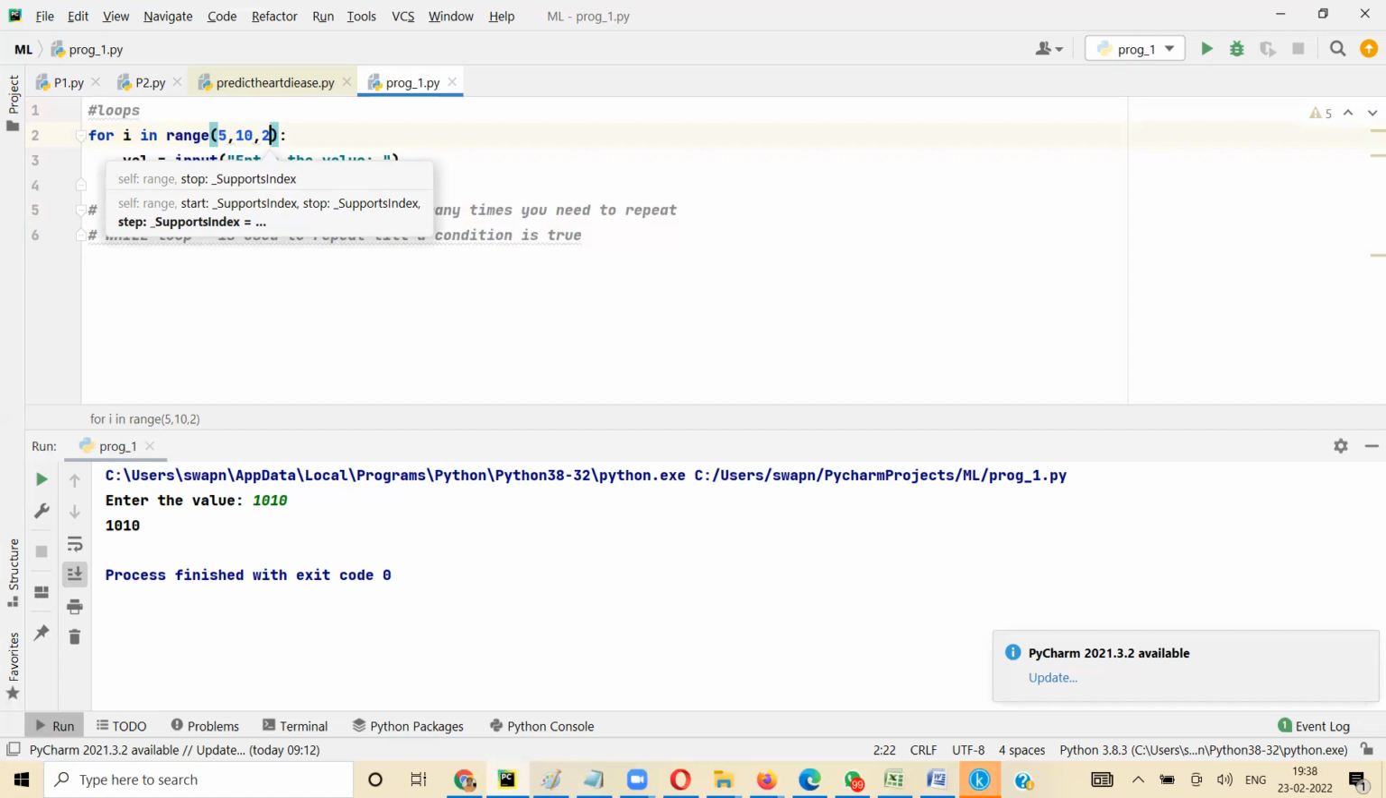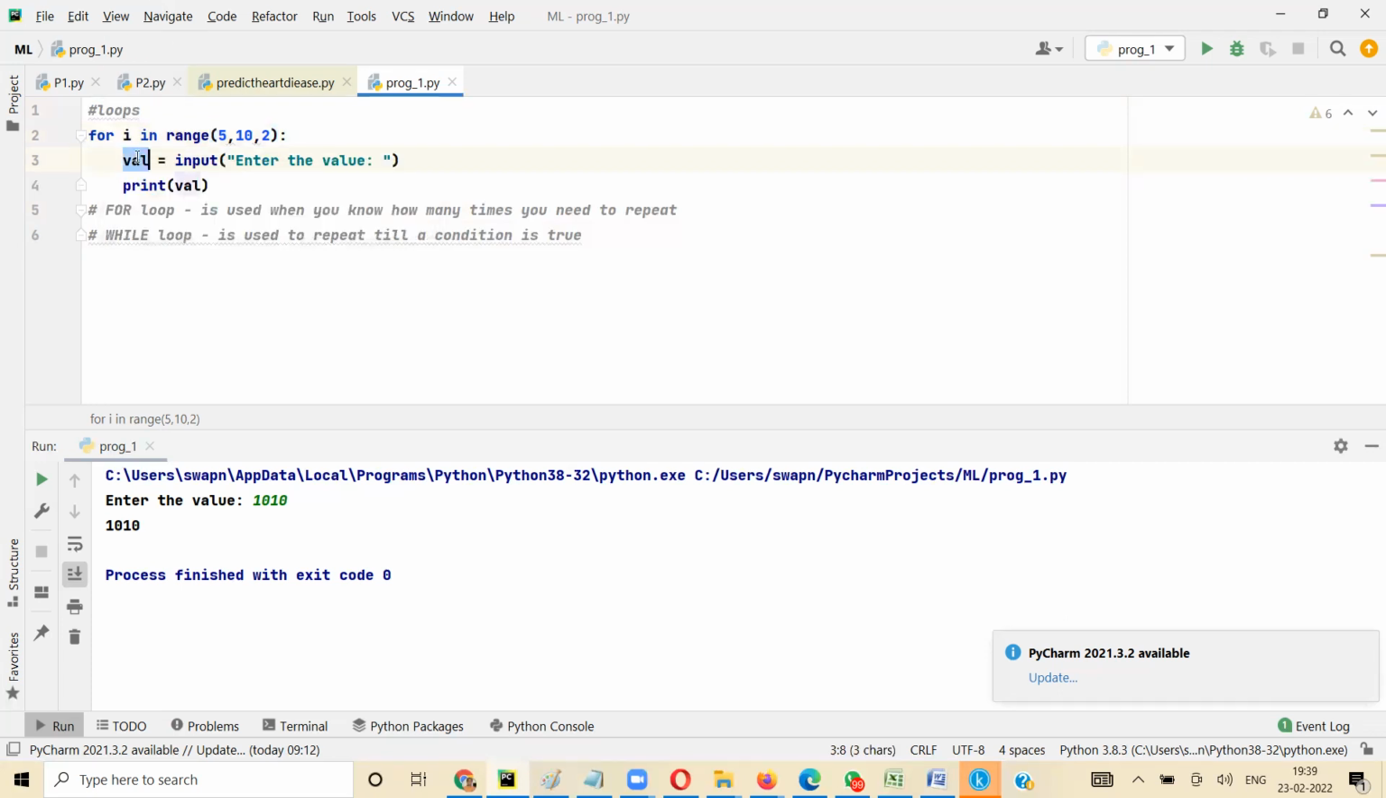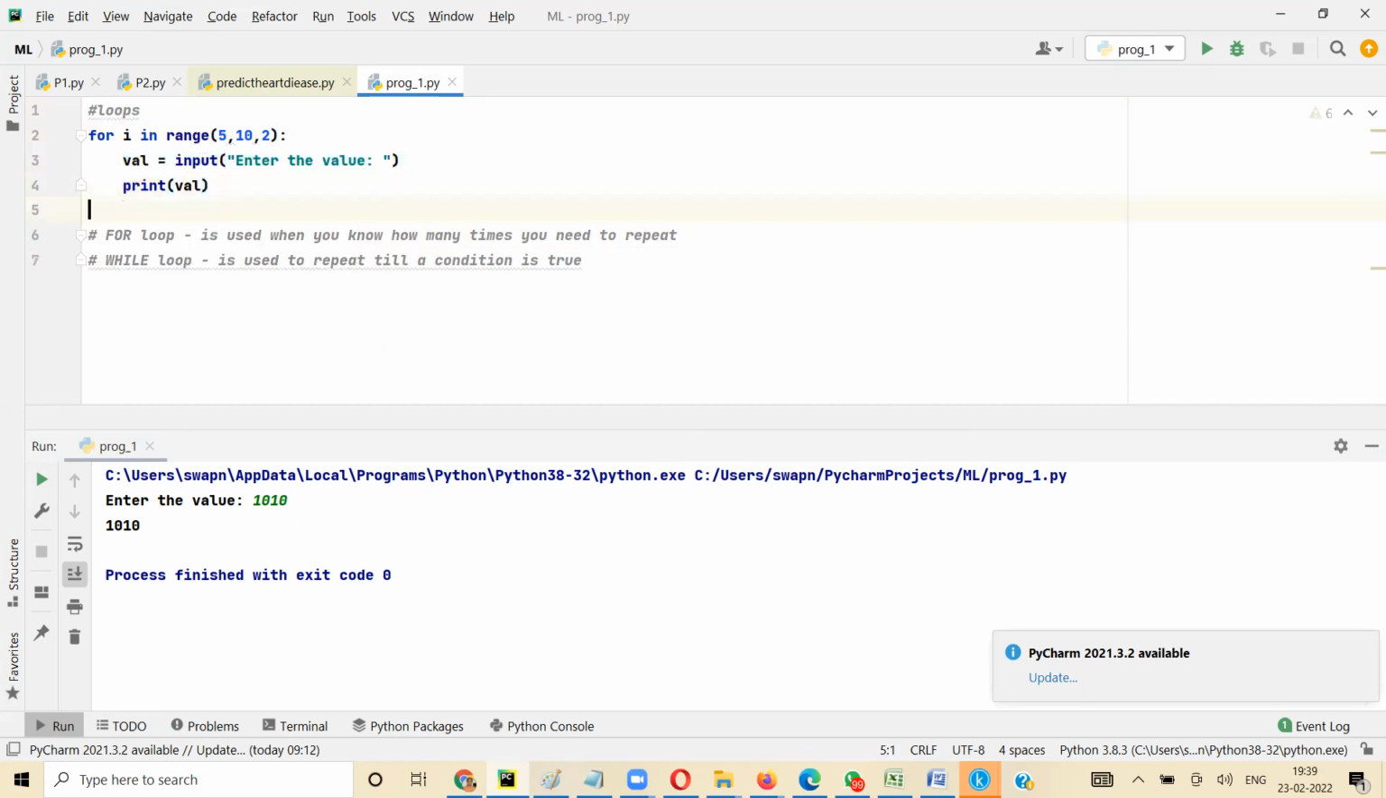So range will take first 5, put it in I. Then it will take the next value from range, that is 7, and put it in I. Then 9 and put it in I. For loop will make sure that in one iteration there is only one value. So there are two statements, two lines of instruction, like line number 3 and 4, I am putting inside for loop. Okay, if I write something like this,